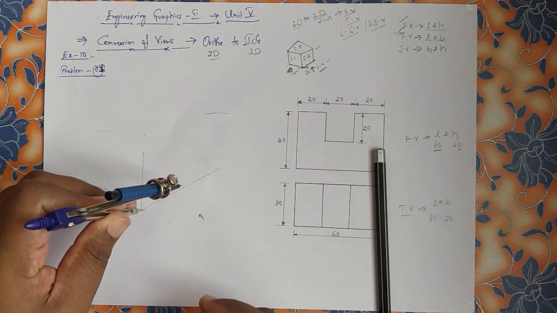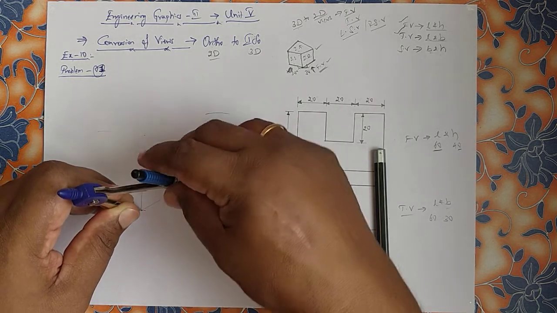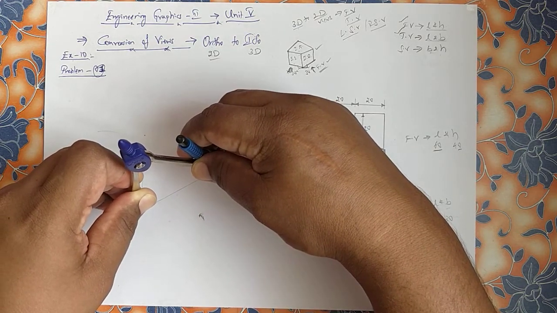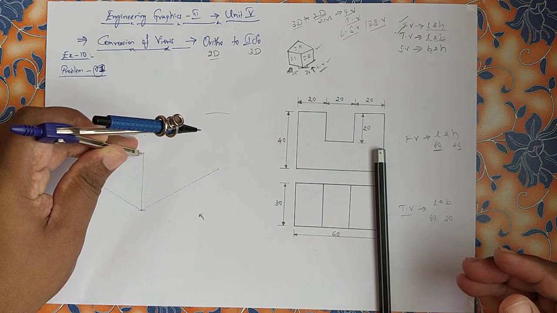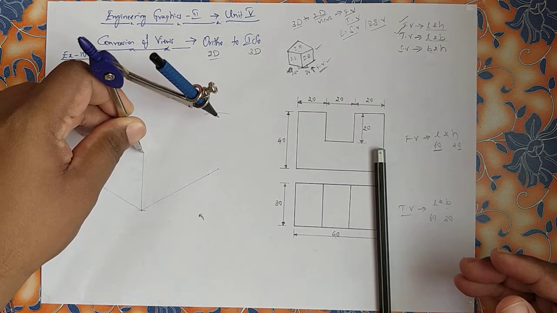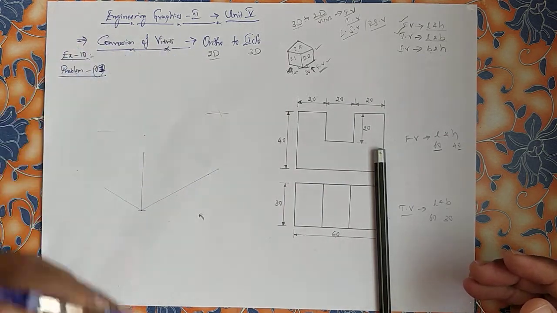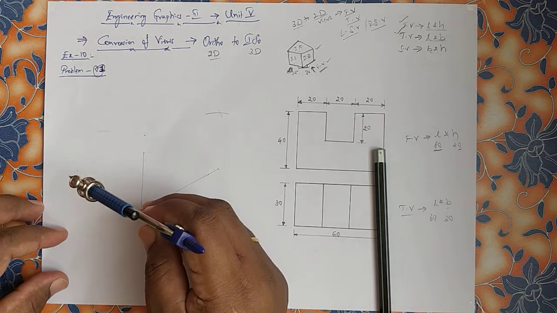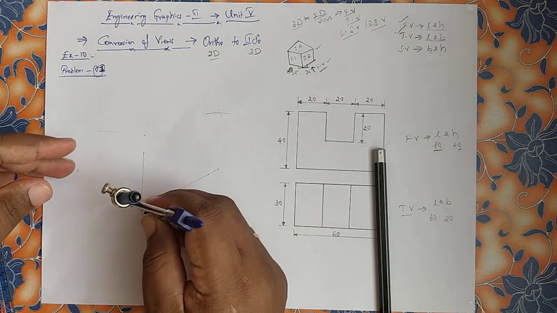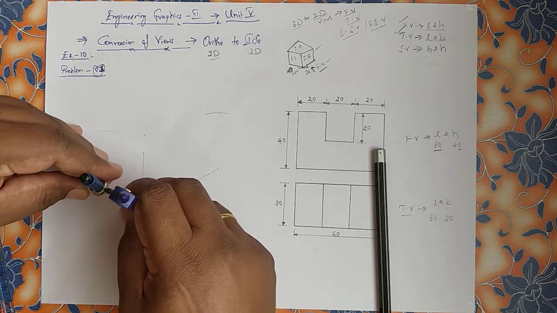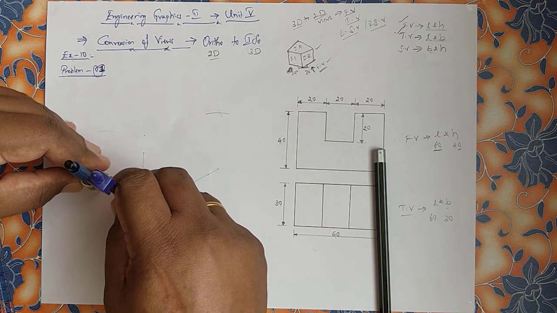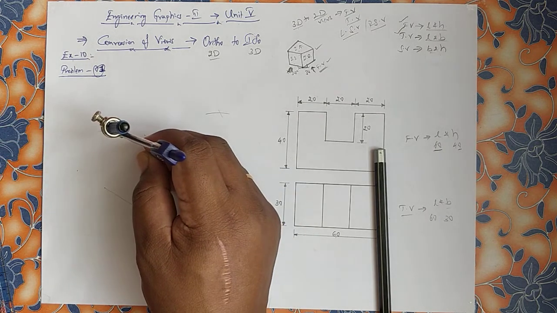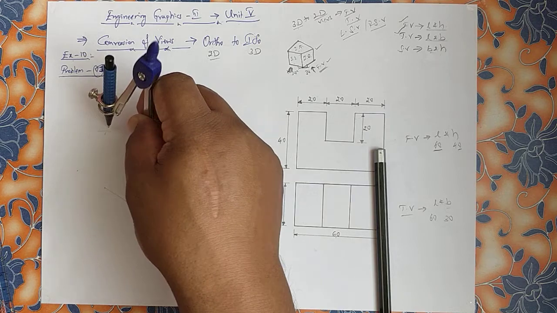Now try the length. See, this length is 60. From this particular point, cut the previous arc for 60. Now the same way, here it is 30. With the compass, measure the first line drawn. Why I am using the compass is to make it comfortable and easy for you to draw the lines.